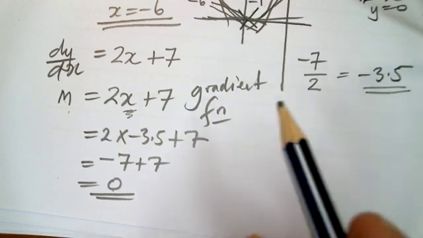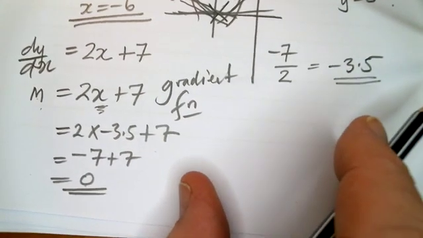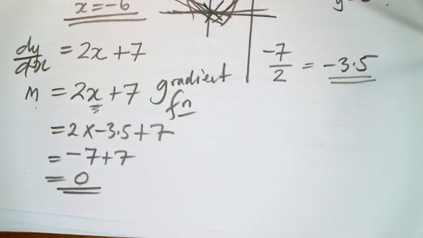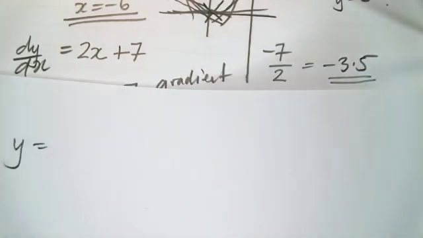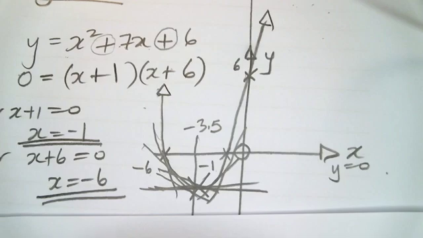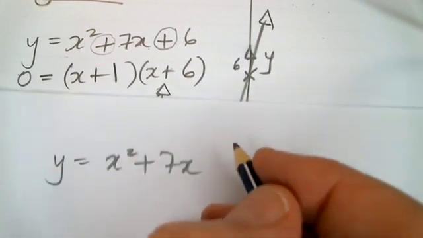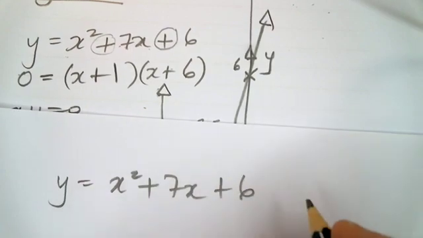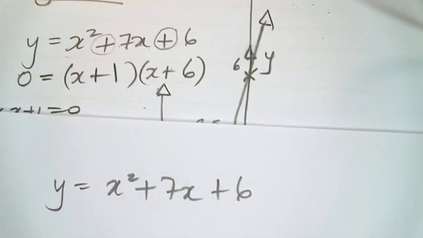Now, of course, if you want, you can actually find the y value at that point. So how would you find the y value? Nice and simple. I shall draw on another sheet here. So we've got y is equal to x squared plus 7x plus 6. And what we did was we know that if you put in the negative 3.5